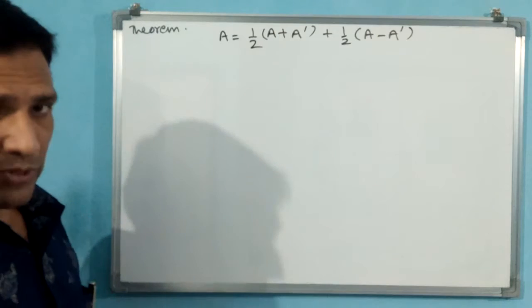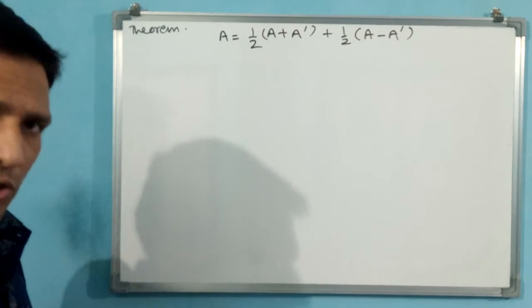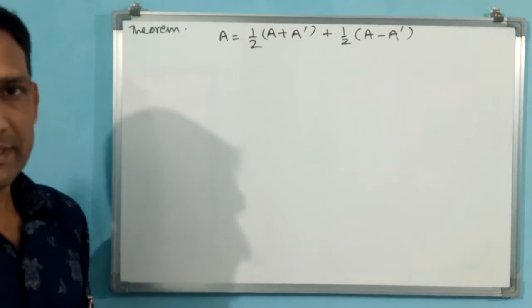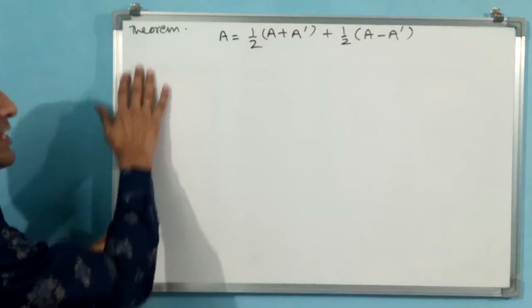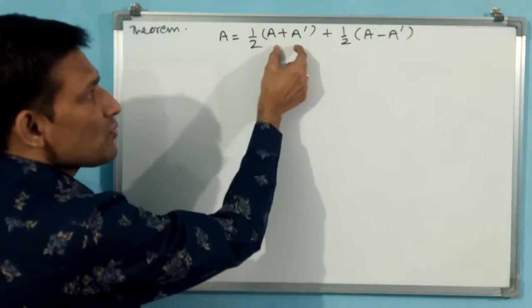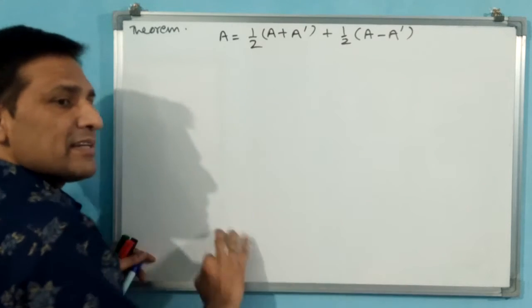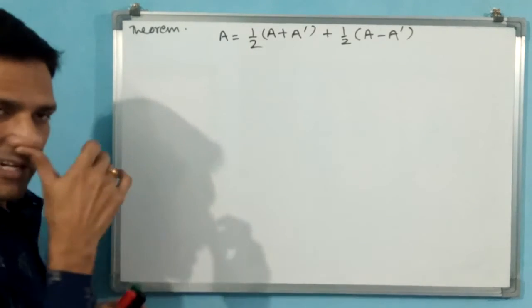Any example you take, even 3 by 3 only we take. We will take only A and do all these calculations. Each one, this also we will show is symmetric, this also we will show is skew symmetric, and finally A is going to come again. Okay, let us do it.